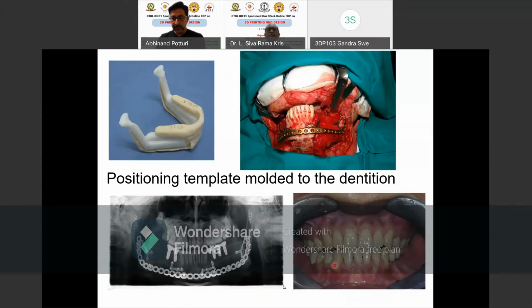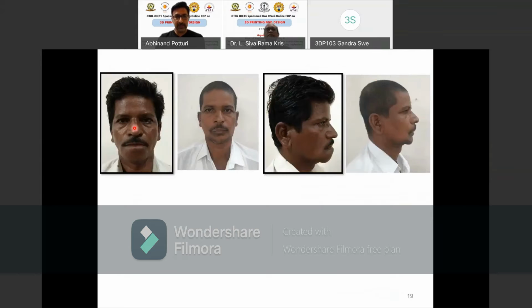So you see once that is done, and then the bone is put, and then the teeth are also back into original position. See, this bone was pre-bent into the shape of the 3D printed mandible or 3D printed lower jaw, and then we have put the teeth, and you see beautiful teeth. Entire thing is healed and completely normal. So this is the patient who came to us, and this is the patient after the surgery. If you see, you can't even make out that he has been operated and his lower jaw is completely removed. His entire face is looking even better than what it was before the surgery. This projection is gone here, and then everything looks absolutely normal.